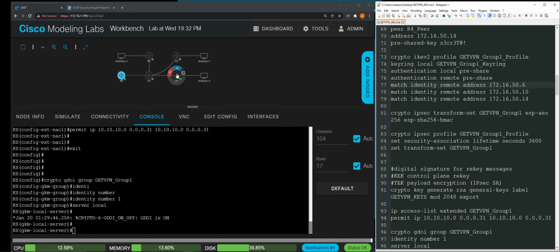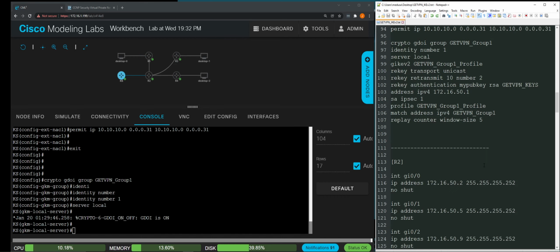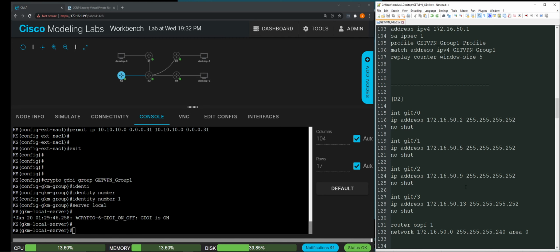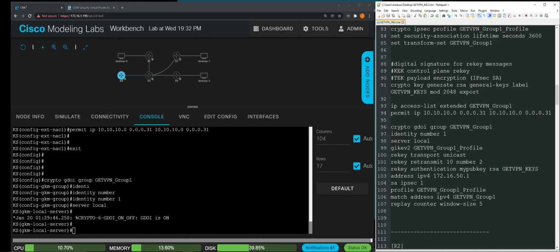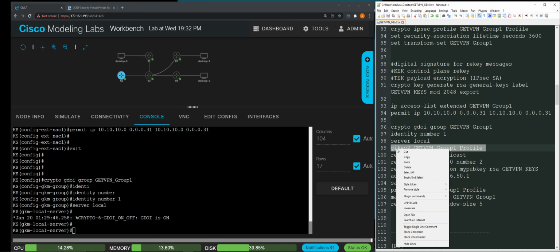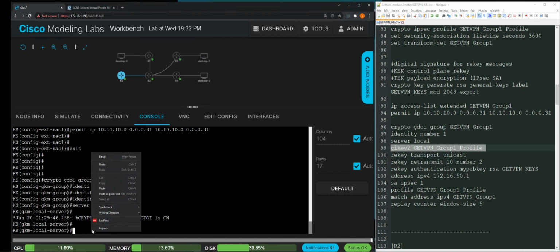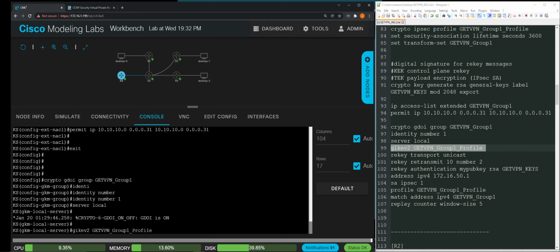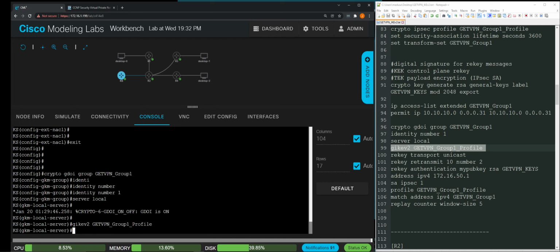That'll be the GigabitEthernet0/0 interface for those, and essentially their peer IP. So where we're at: server local, and then this. Now we're getting into one of the commands that makes this GETVPN tunnel use IKEv2 in this crypto map